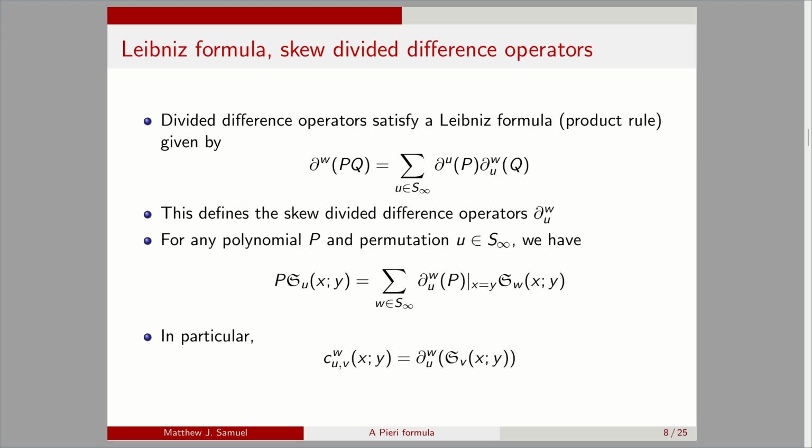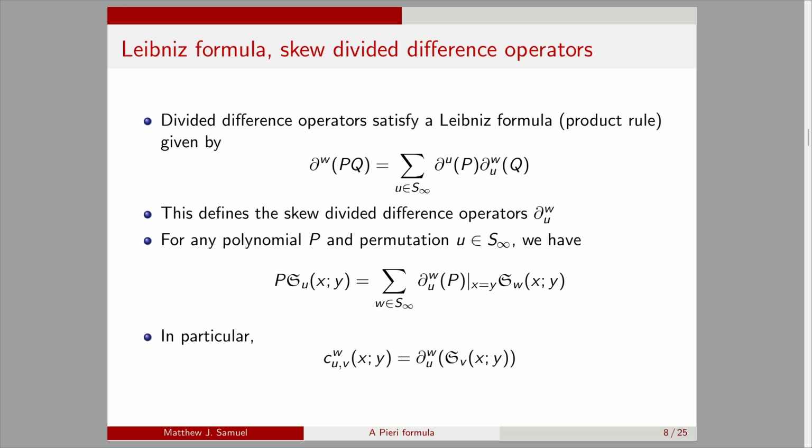So I'll mention the skew-divided difference operators in the Leibniz formula. The divided difference operators satisfy a product rule, also known as the Leibniz formula. If you apply partial w to the product pq, you can expand this as a sum over all u in S infinity of partial u applied to p times this new operator partial uw applied to q. So these are the skew-divided difference operators partial uw, and this can be seen as the definition of those skew-divided